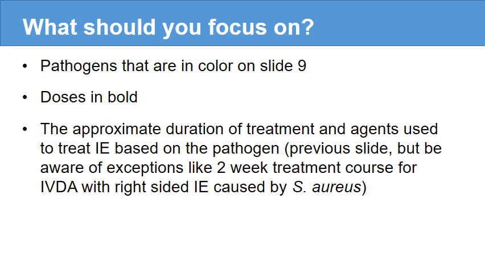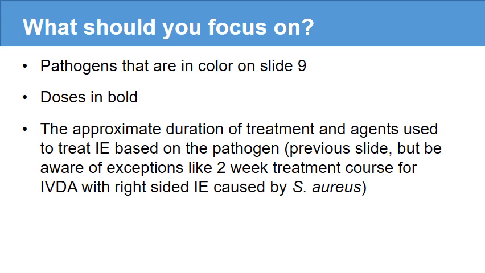Remember, we used 2 grams of ceftriaxone Q24 for some of the easier to treat organisms like strep, but we saw it Q12 for things like enterococci. Daptomycin could be like 8 mg per kg for Staph aureus, but then we went up to 12 potentially for enterococci. So being aware of those differences I think is important. And the number one thing you should be able to do after this lecture is, in your mind, have a feel for what type of agent to use and for an approximate duration based on what's going on with the patient, what the pathogen is, and all the little pearls I talked about